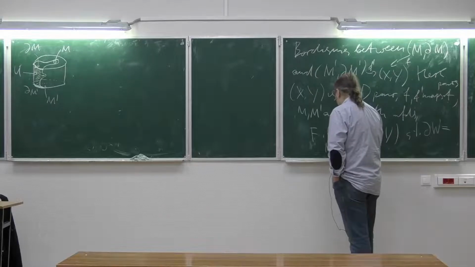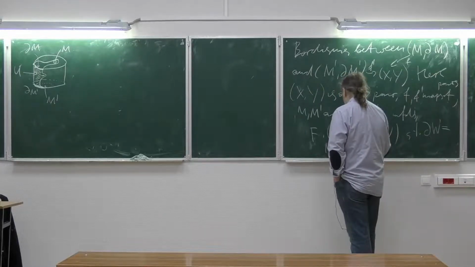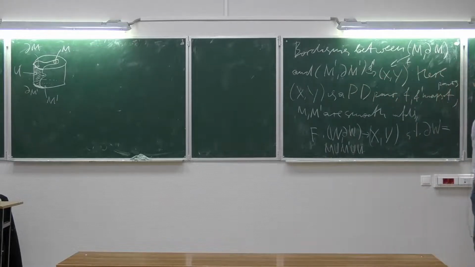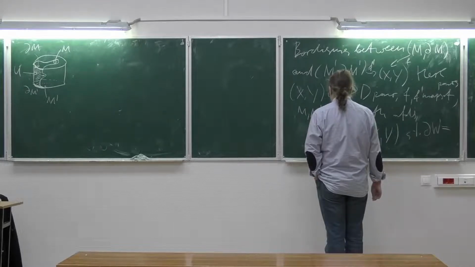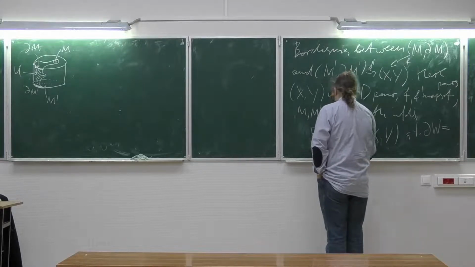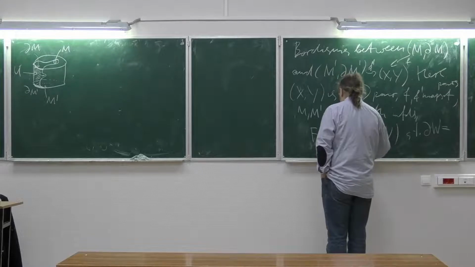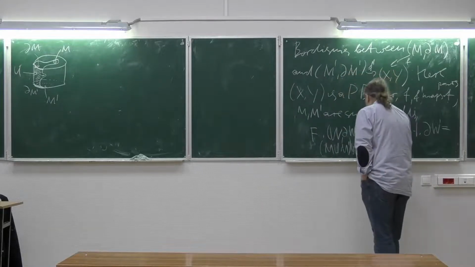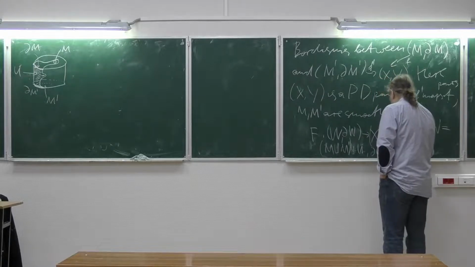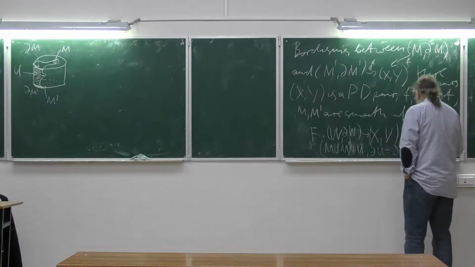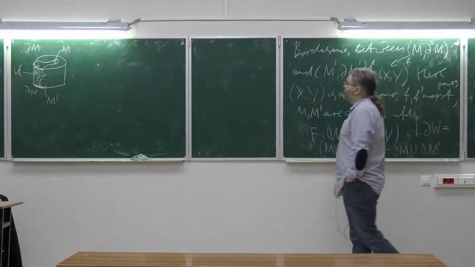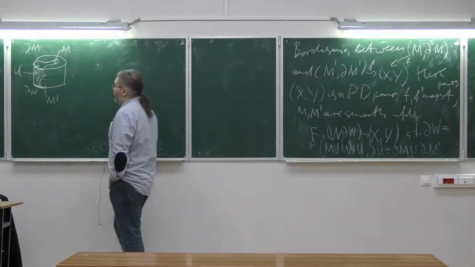Well, let me put a disjoint union here, because otherwise it's not well defined, and the union is not disjoint. So dU is the same as dM disjoint with dM prime. Okay, now